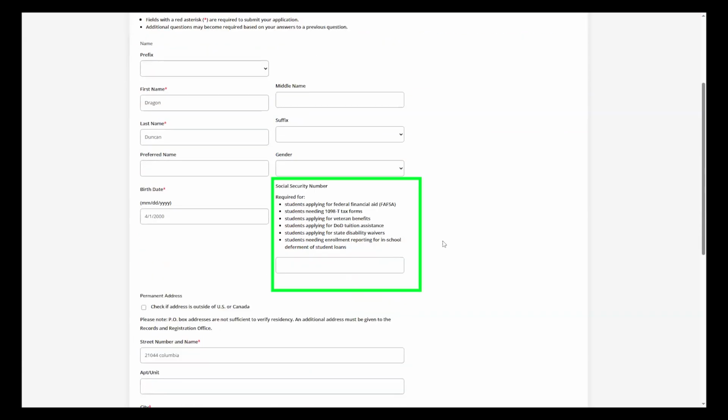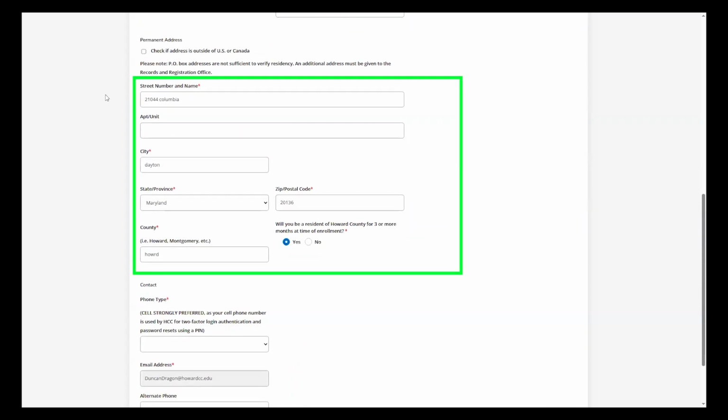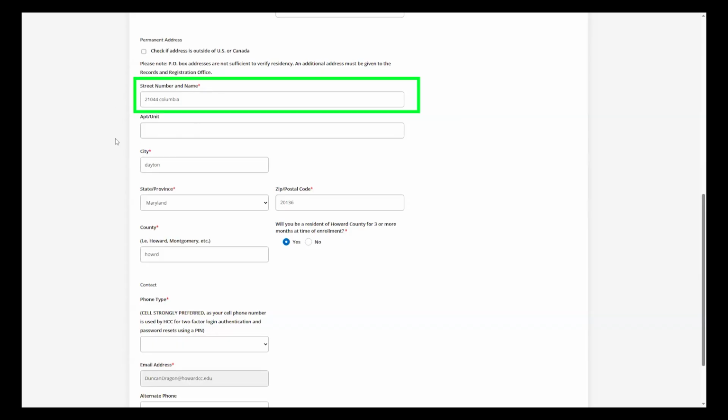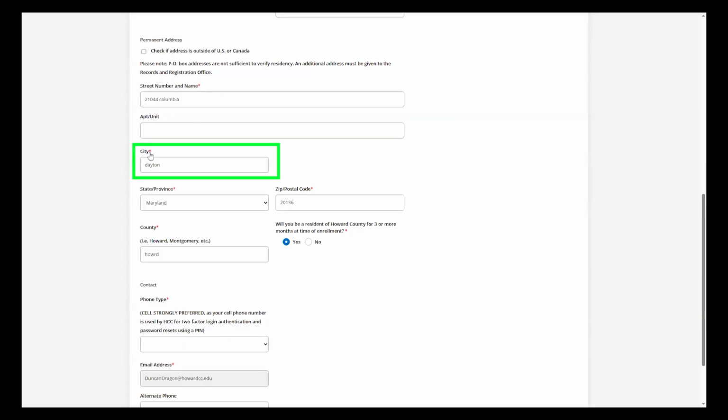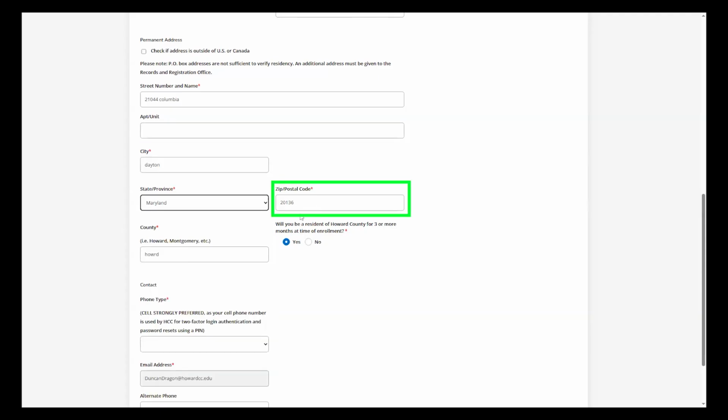For Social Security number, it is not required, and for dual enrollment students, you are not eligible for financial aid, so you do not need to submit your Social Security number. Under Address, you'll want to put your information for where you live with the street number and name, whether you live in an apartment, the city, the state, which for the state, if you live in Maryland, it is the first option, the zip code, and the county.